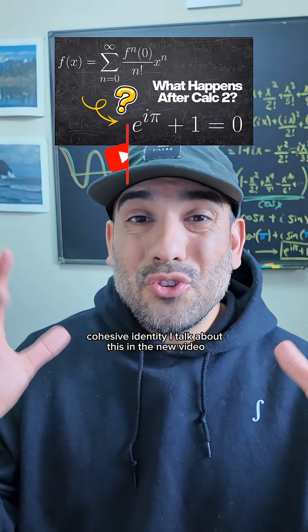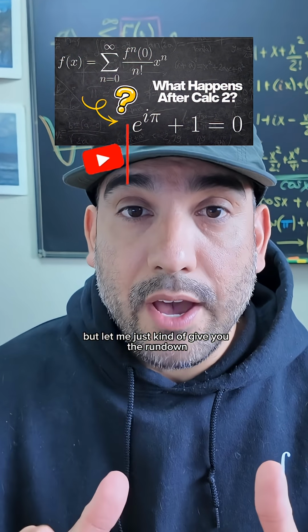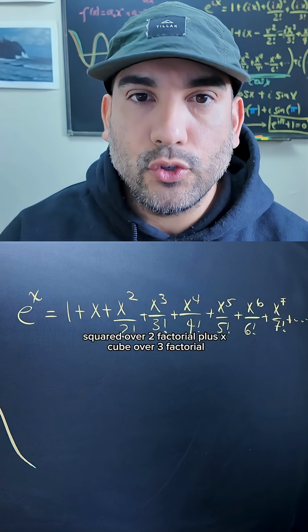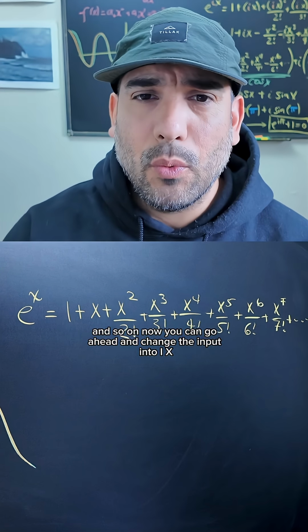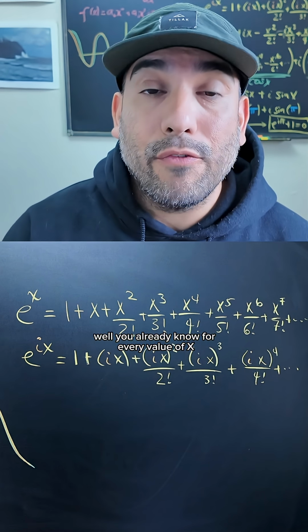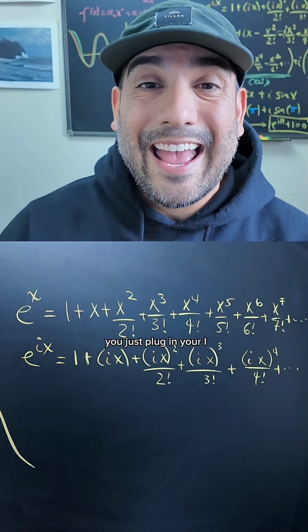I talk about this in the new video, but let me just give you the rundown. By this point, you know the Maclaurin series for e to the x is just 1 plus x plus x squared over 2 factorial plus x cubed over 3 factorial and so on. Now you can go ahead and change the input into ix. For every value of x, you just plug in your i,